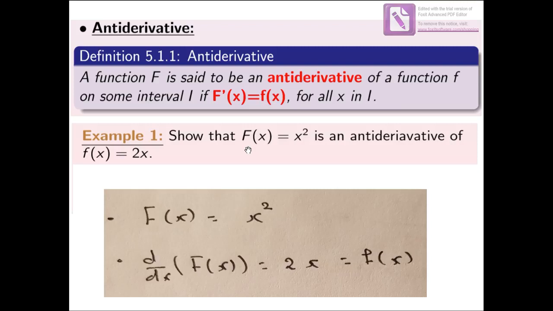So here we have Definition 5.1, which talks about the antiderivative. A function F is said to be an antiderivative of a function f on some interval I if F prime of x is equal to f of x for all x in the interval I. So if we find the derivative of F, F prime of x, which is equal to f of x, this will be in